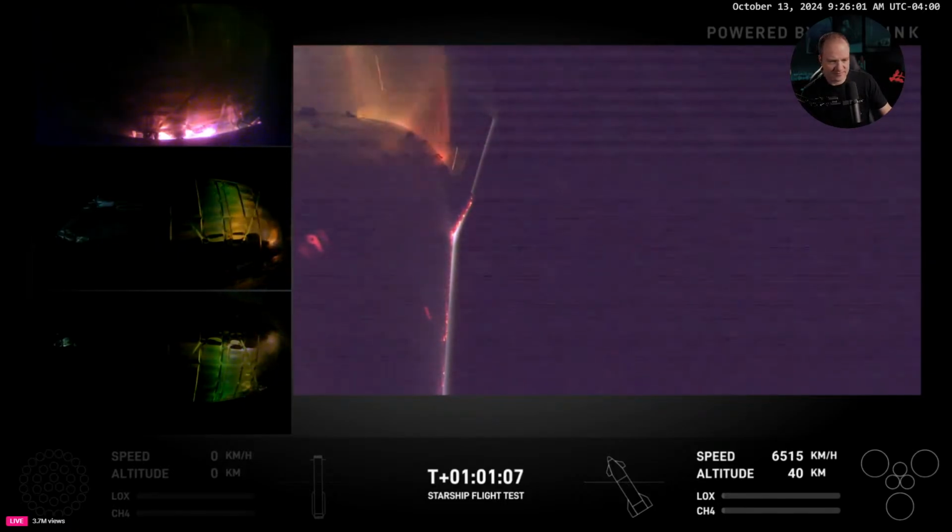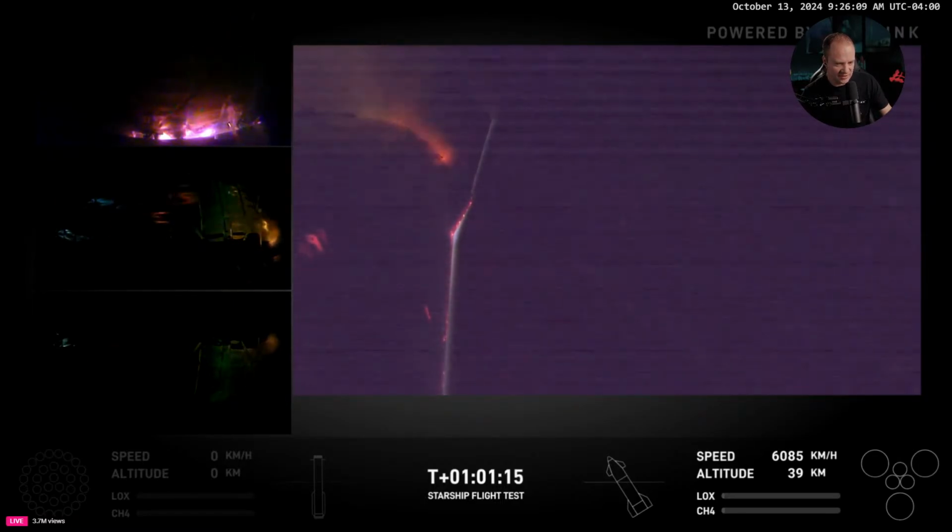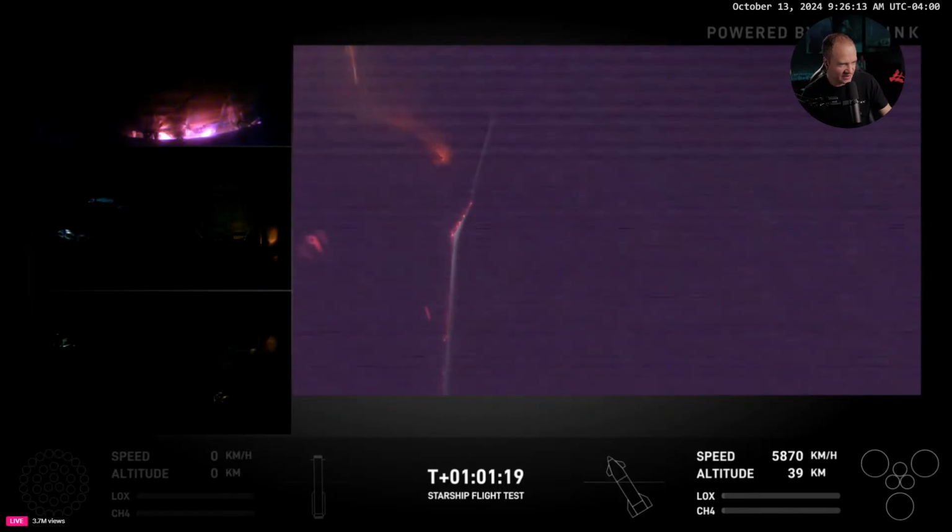Heat is evidence of that friction buildup. The atmosphere is actually helping to slow the vehicle down. If you're watching the telemetry in the bottom right-hand side, look at our speed coming down. 6,000 kilometers per hour now. It's really decelerating. I think the heating is dissipating now. We're not quite as hot, so we might be through the...